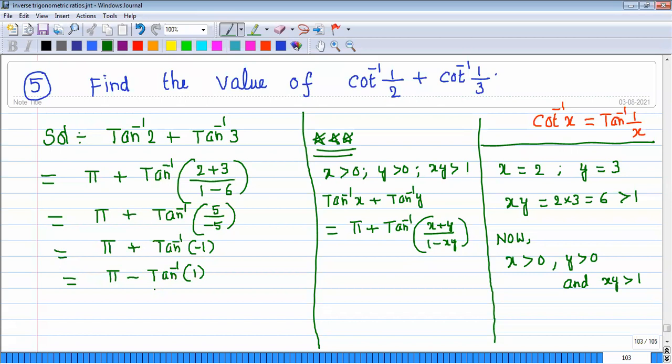So my dear students, in the last session we have discussed tan inverse 1 is nothing but 45 degrees. So pi minus pi by 4. What is your answer now? Tell me. 3 pi by 4. 4 is the LCM. 4 pi minus pi is equal to 3 pi by 4. Okay. So these important points, note down. Very, very important points we have discussed here.